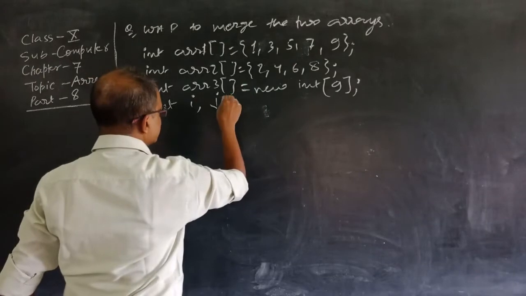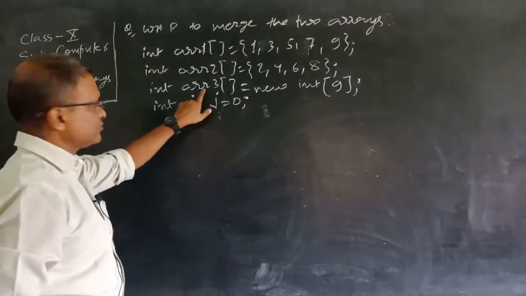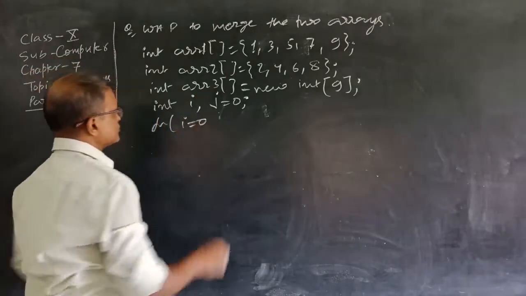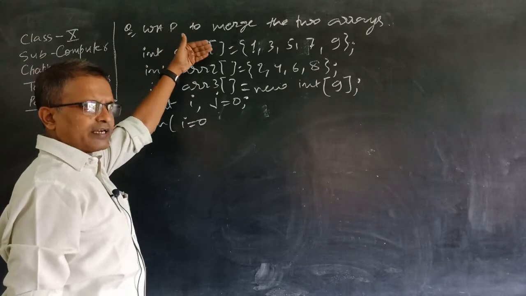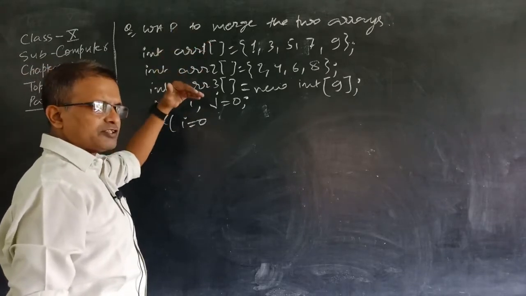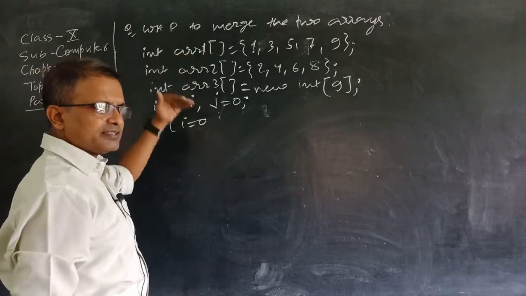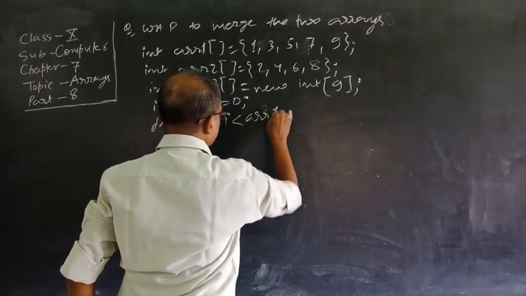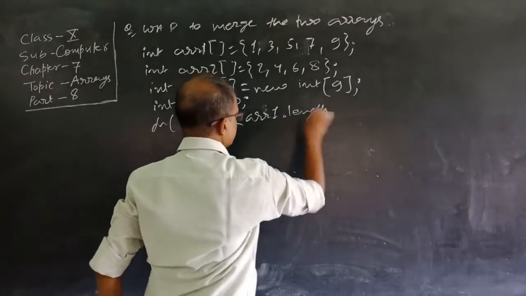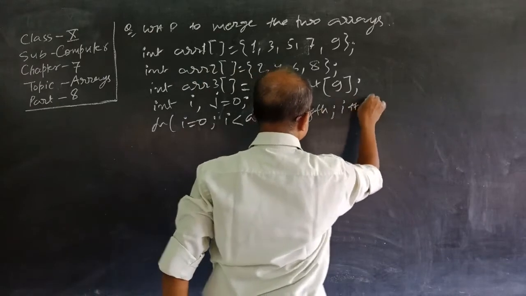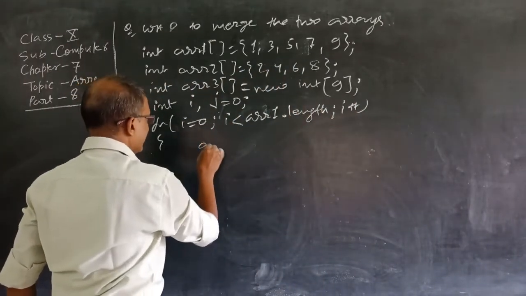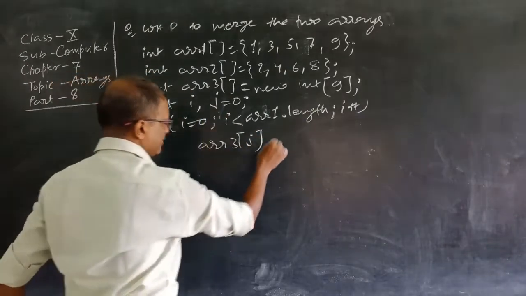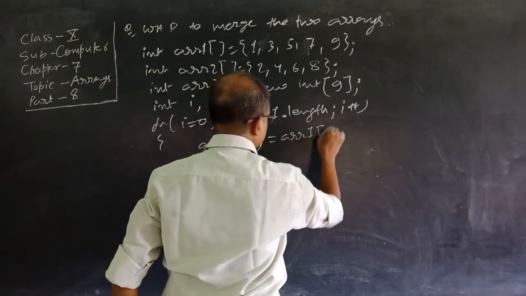So for the third array, j should be initialized with 0 because the first data in the third array will be stored at 0 position. Starting with first, i equal to 0, first of all, we will store all the data of first array in the third array, and after completion of that process, we will store data of second array in the third array. So i equal to 0, i less than arr1 dot length and i plus plus. What we have to do? arr3 j, because the index for third array we have used is j, equal to arr1 i